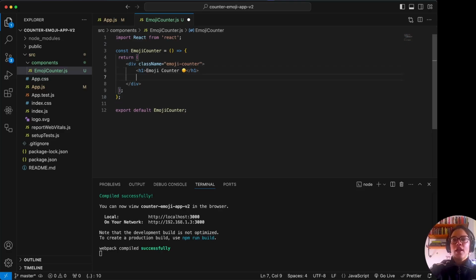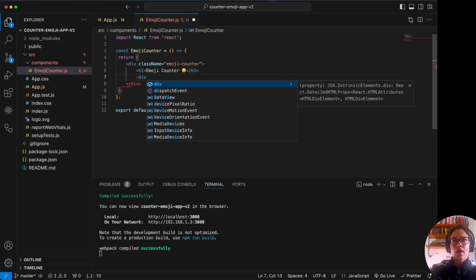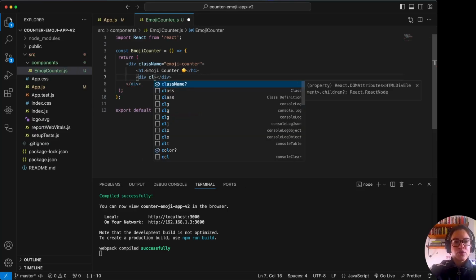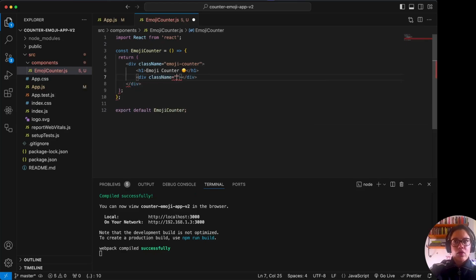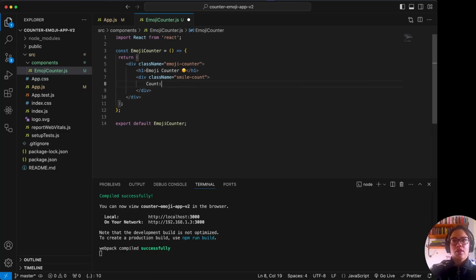So our header, and then we want to display a count. So let's put that inside of a div, and let's do another class name called count or smile count. And then this right now is not going to actually show a count. It's just going to show the text count because we haven't created the count yet. So then we have this area, which is our title, where our count will live,